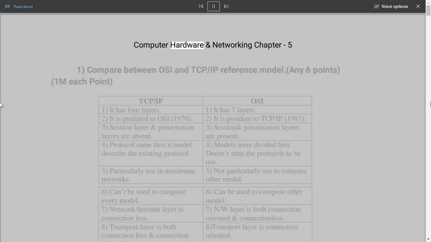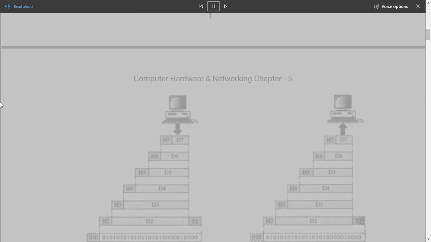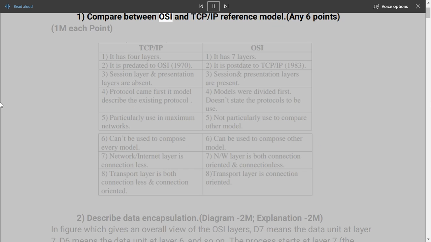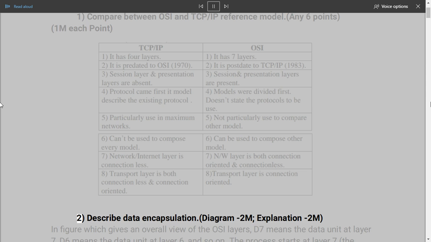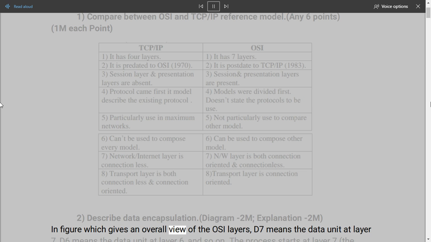Computer Hardware and Networking, Chapter 5. 1. Compare between OSI and TCP/IP reference model. Any 6 points, 1 mark each point. 2. Describe data encapsulation. Diagram 2 marks, explanation 2 marks. In the figure, which gives an overall view of the OSI layers,